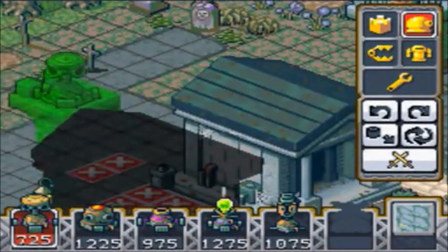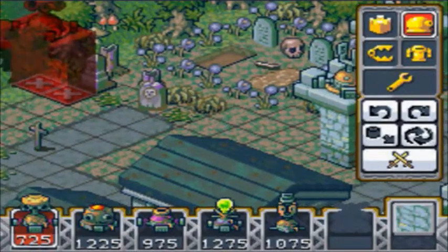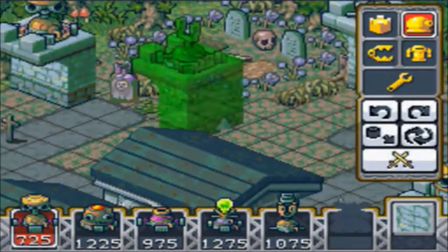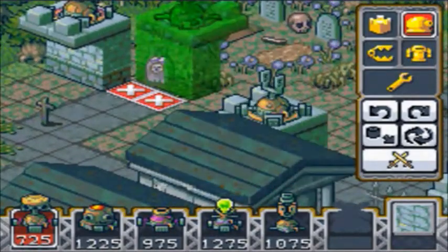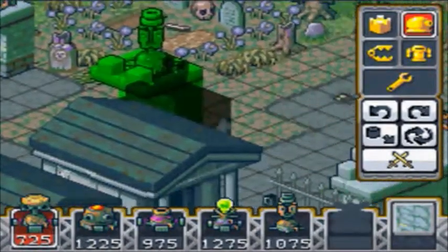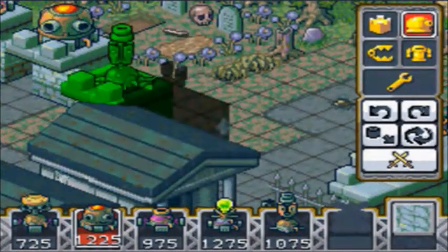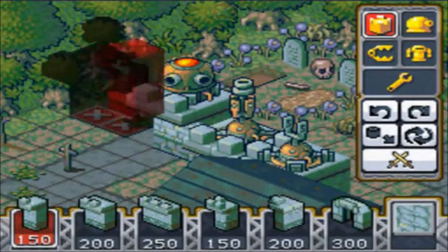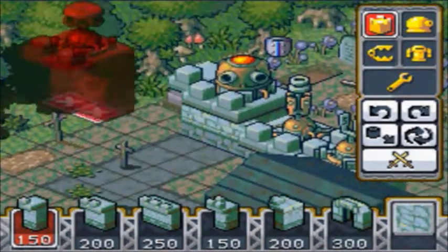What I like to do a lot of the time is to set up a wall to make it so that way my Revealer Turret can get... because the Revealer Turret has a great range to it. Set the Revealer Turret behind a bunch of turrets, and then the Revealer Turret will reveal the Phantom Clockworks, and it will also allow for the turrets to attack them, because turrets can't